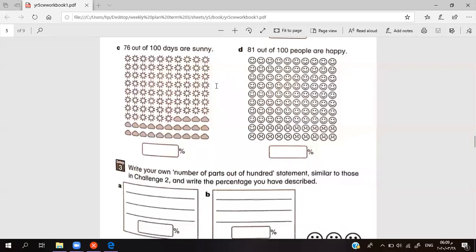Okay, I guess you answered it. So now 76 over 100 is 76 over 100. That percentage is 76. Here, 81 over 100. Then the percentage is 81. Okay,